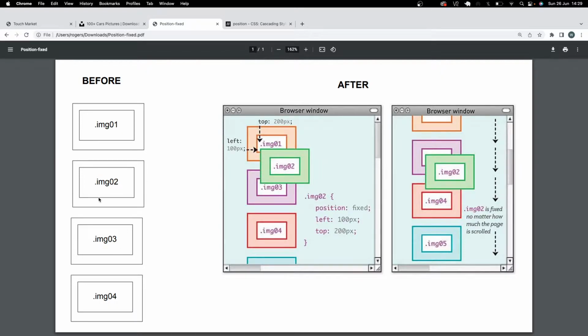But for image 2, we shall be giving it these properties: position fixed, left of 100 pixels and top of 200 pixels. Once we give this item these properties, it will be brought out of the normal document flow, and it will be fixed. So if you scroll the page, this item will stay fixed on the page. I wanted to first give you this brief explanation of how position fixed works